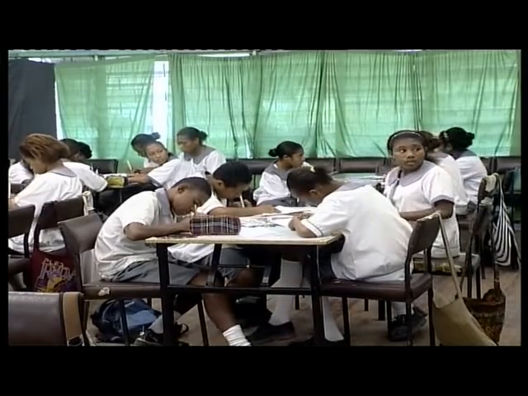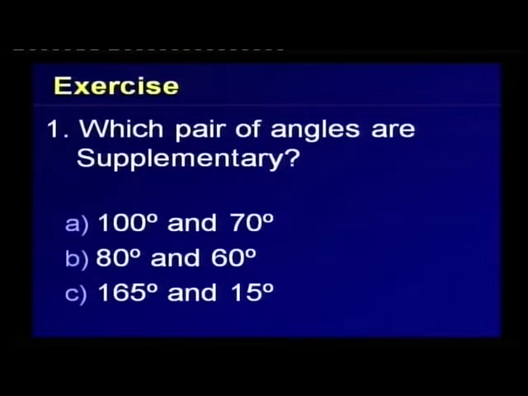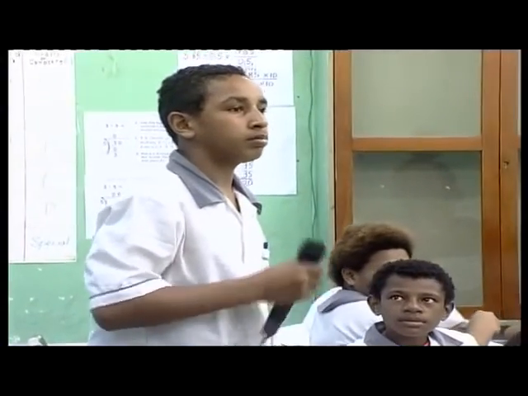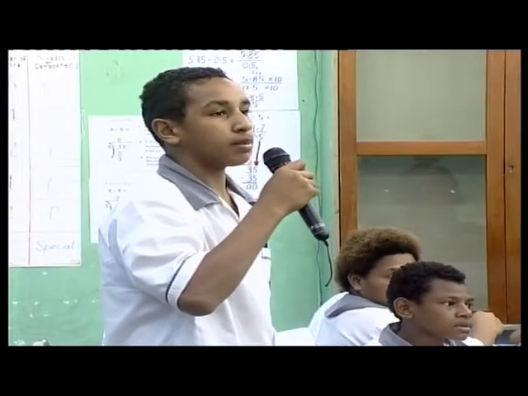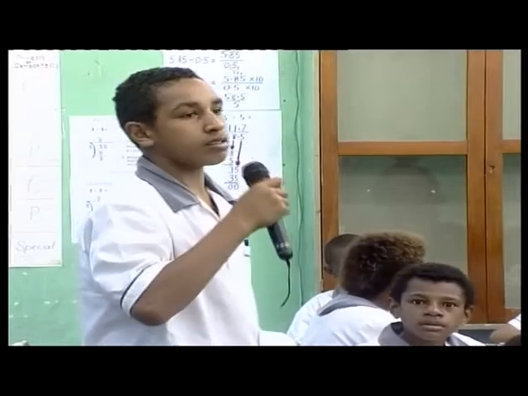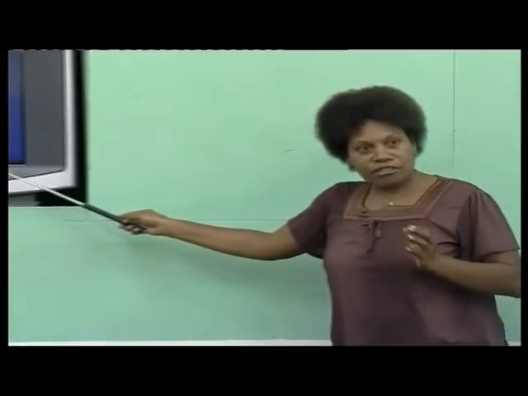Okay, number one, which pair of angles are supplementary? Is it A, B, or C? Brett? C. Okay, why C? 165 degrees plus 15 equals 180 degrees. Okay, very good, Brett. 165 degrees plus 15 degrees is equal to